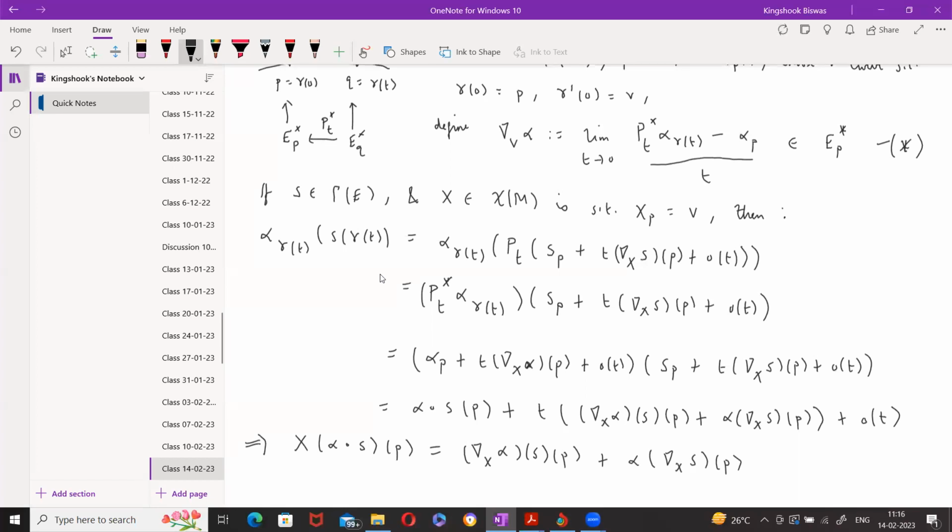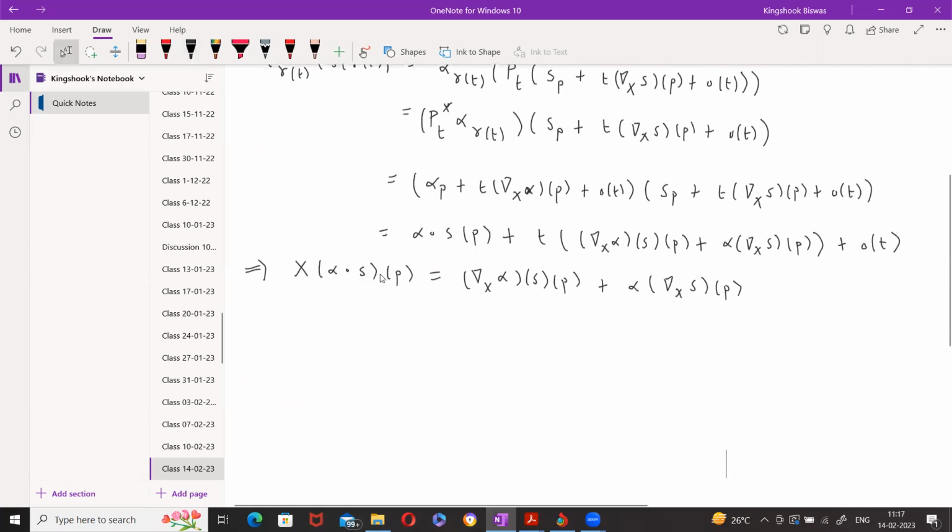Yes, sir. Okay. So that's what I said. If you define the connection like this using the dual of the parallel transport, then you'll see it satisfies the Leibniz rule. Okay. It's not difficult. And so what I'll leave as exercises for you to do is that